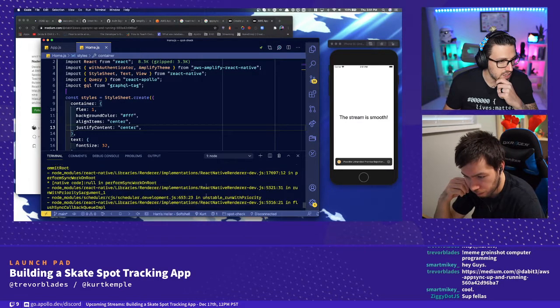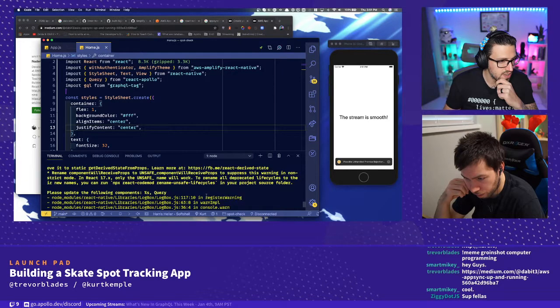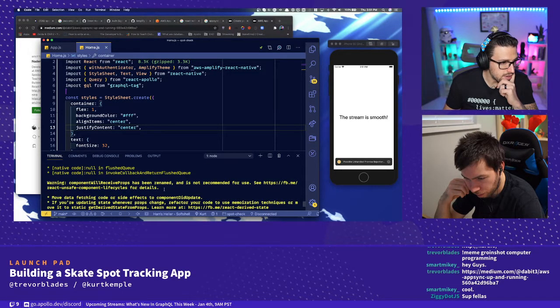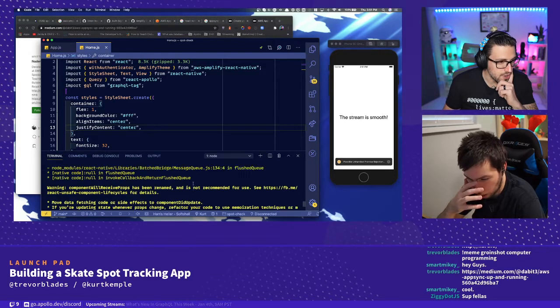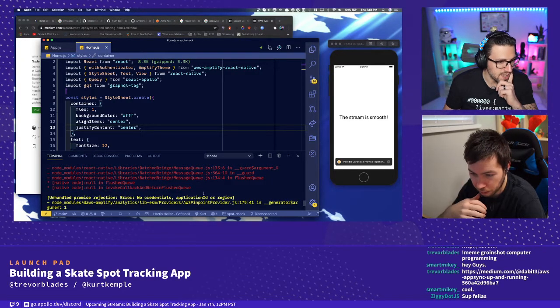We got another error, which is query. Something happened to our query. Component will receive props has been renamed. It is not recommended for use. Yeah, I know, but that's a red herring. You don't need to think about that. Yeah, that's because of